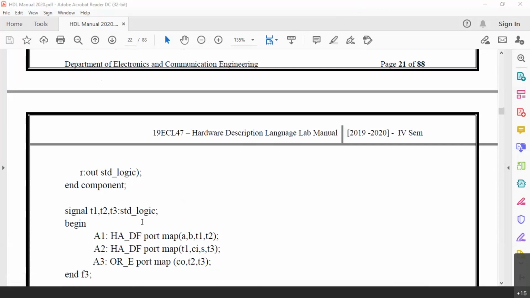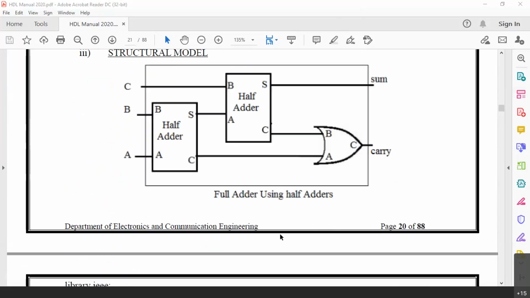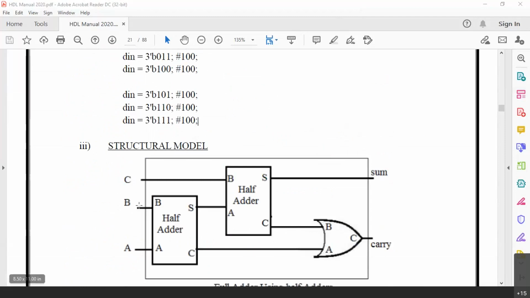We can create multiple instances of half adder, as many as we require. There can be 100 instances, there can be 1000 instances. A1 till A100 also we can define if our project requires them. But for each half adder we have a port map. You can see A, B, T1, T2. A and B correspond to inputs, T1, T2 correspond to the outputs. This is A, B, and we call the outputs T1 and T2.